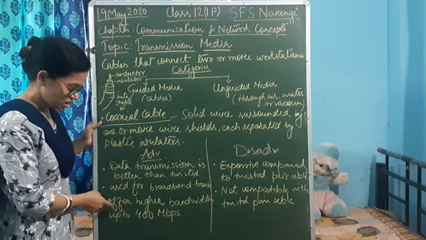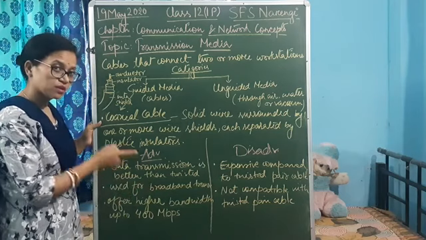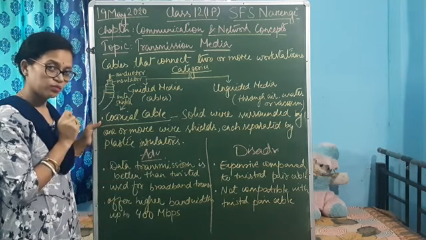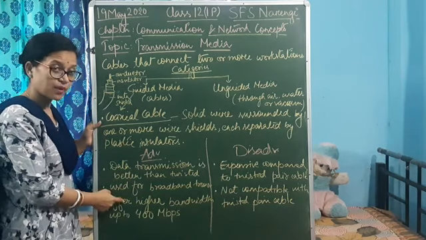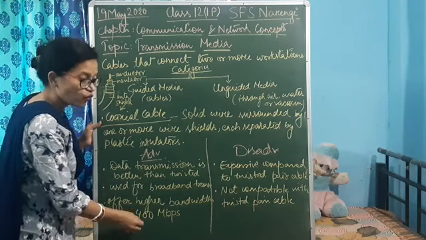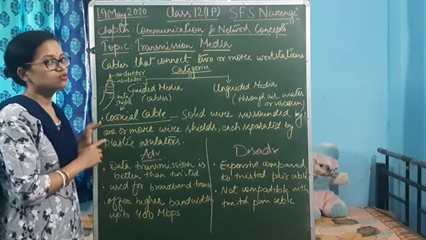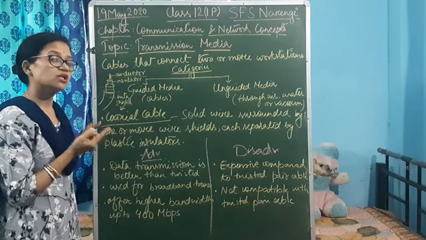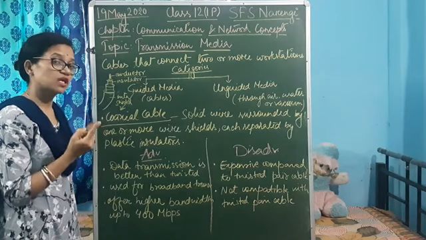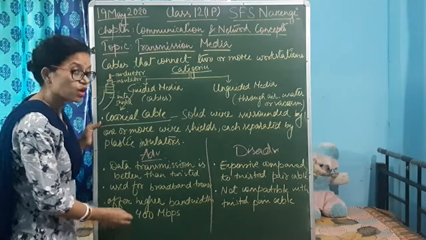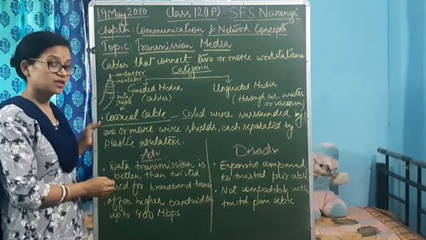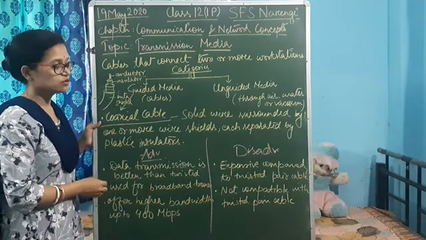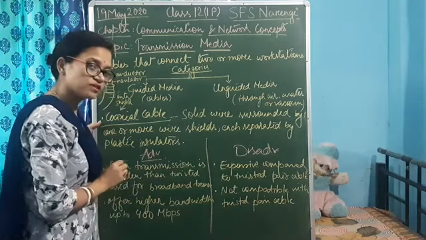The next one is that it offers high bandwidth. In the twisted pair cable we discussed that it has low bandwidth, that's why I cannot go for broadband transmission. Here it has high bandwidth, up to 400 Mbps. In twisted pair cable we discussed 1 Mbps without condition and 110 Mbps with condition. But here the coaxial cable offers up to 400 Mbps, and because of that it can be used for broadband transmission. Let's go to disadvantages.